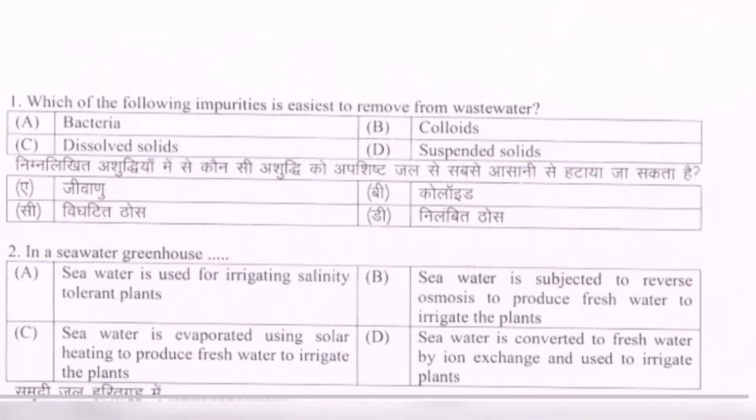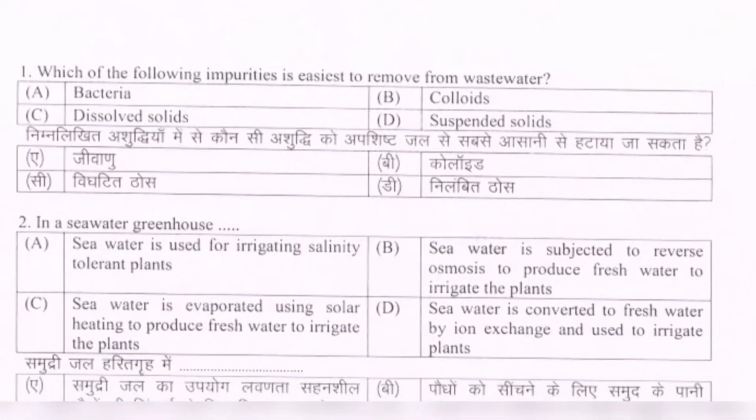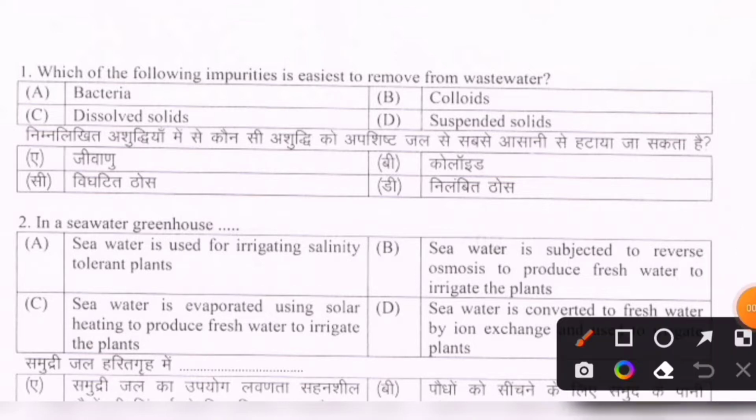Let's see the first question. Which of the following impurities is easiest to remove from the wastewater? Options are bacteria, colloids, dissolved solids, suspended solids. The correct option is D is the correct option. Okay, let's see the next question, second question, that is,